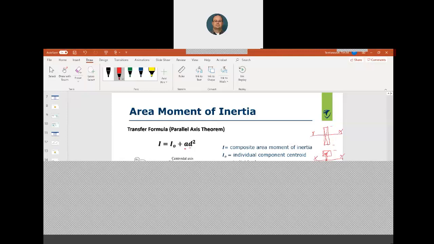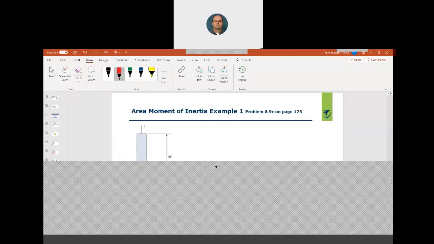Okay, so let's get right into an example. This is problem 8.9c on page 173, so now we're in chapter 8. What it's asking us is to calculate the moments of inertia with respect to both centroidal axes for the areas shown. The first step, because this is a composite centroid, is that we have an area 1,